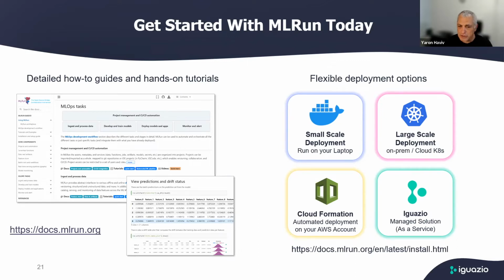The CloudFormation is not just MLRun; it packs a lot of additional components like Kubeflow and integration with S3 and Grafana and Prometheus and all those different tools that you may need for building a framework. And if you don't want to work, you can just call Iguazio and we'll get you a managed solution with the same options. So with that, back to you, Sarah.